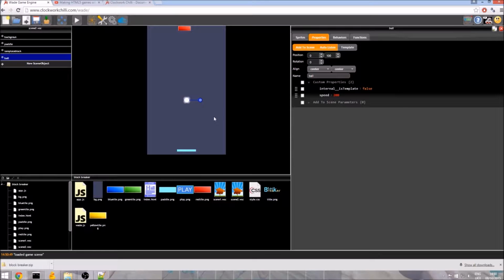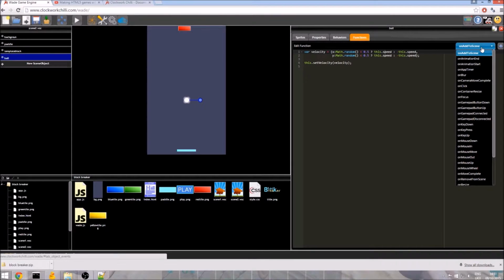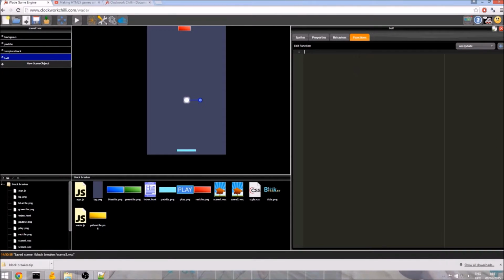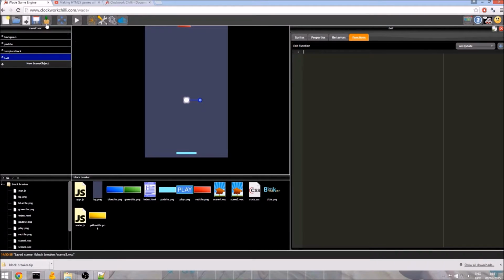So what do we need to do here? Well, this is really the most complicated part of the program, but don't worry, we're going to take it slowly. We need to go to the ball, and we need to go to its onUpdate function, which is right at the bottom for me. Now, this function is very complicated, and there's three main parts. As I said before, collide with the game boundaries, collide with the paddle, and collide with the tiles. Now these are all slightly different problems because different things need to happen as a result. And the first one we are going to tackle is collision with the boundaries.